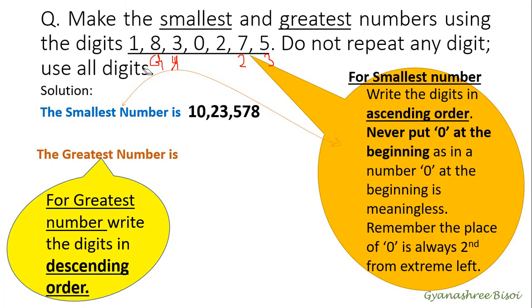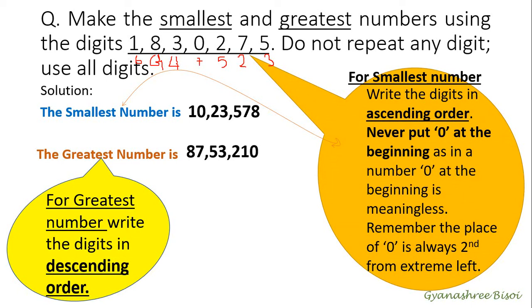Okay. Next one is 3. Let me write it. Next is 2. That will be our fifth digit. Next is 1, sixth digit. Then next one is 0, the smallest one. Right? Now we will put the digits and we will form the greatest number. And our greatest number is 87,53,210. I hope this is clear to you all.